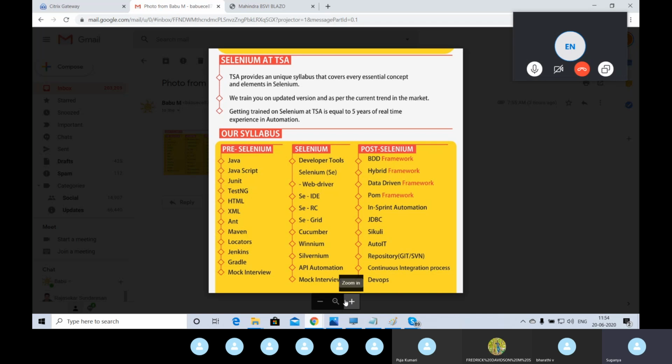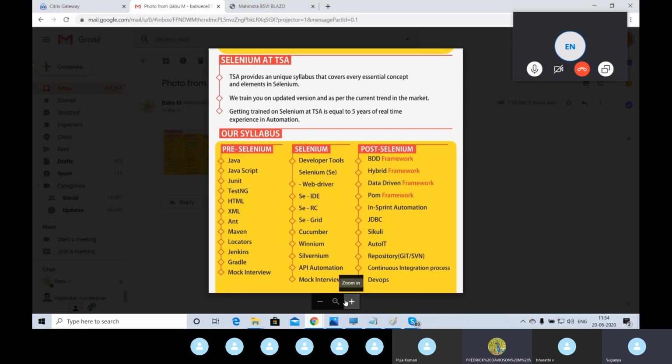In this case, if you want to automate those kinds of activities, you can have one more plugin called Vinium. Vinium is one of the plugins for Selenium to automate window-based applications. That is what the name itself says. If you add Vinium along with the Selenium jar files, then wherever there is a necessity to automate a window-based application like the calculator, or if you want to open Notepad and write something in it, based on Vinium you can interact with the window-based application as well. Got it, guys?